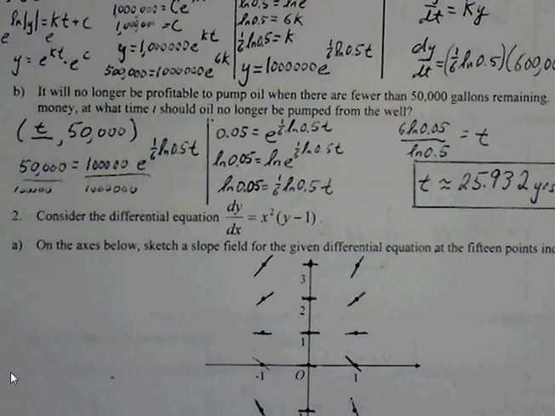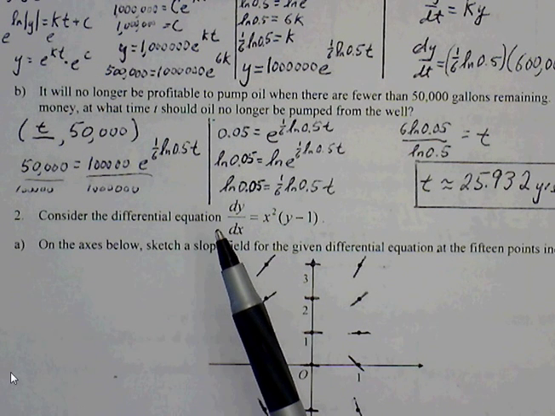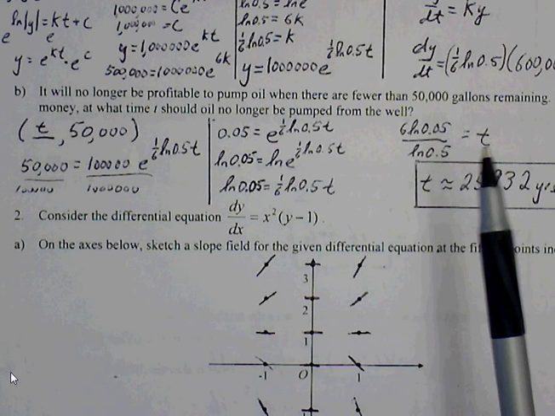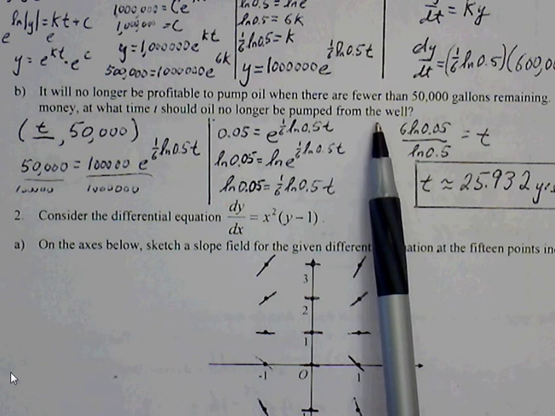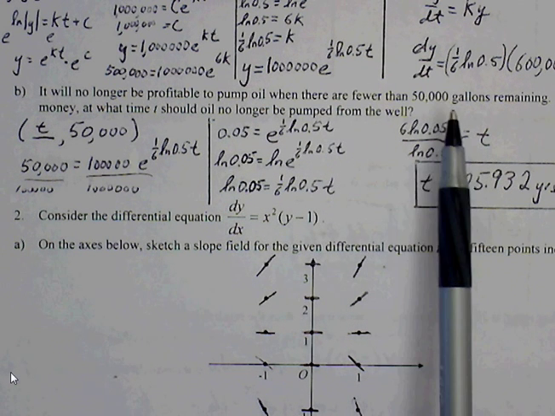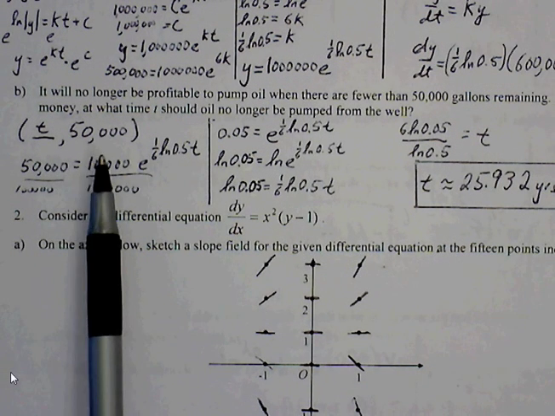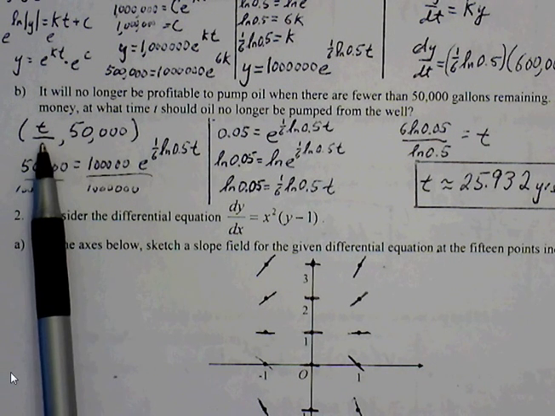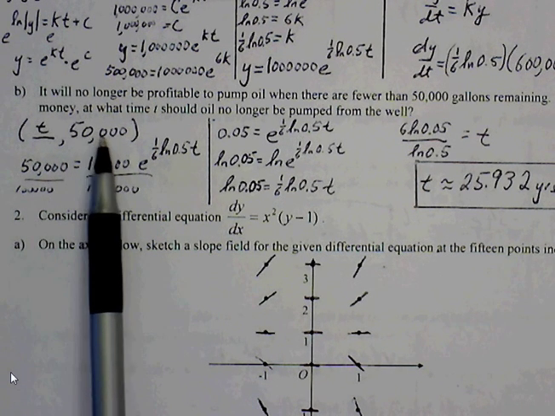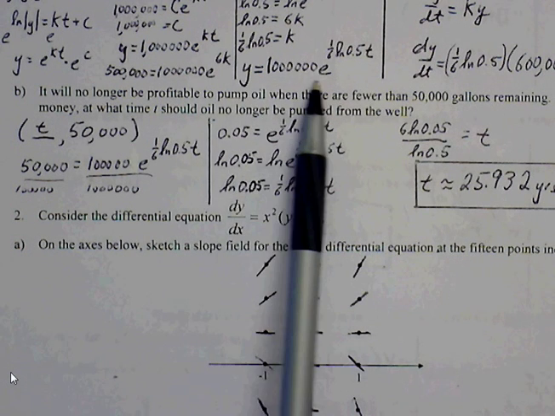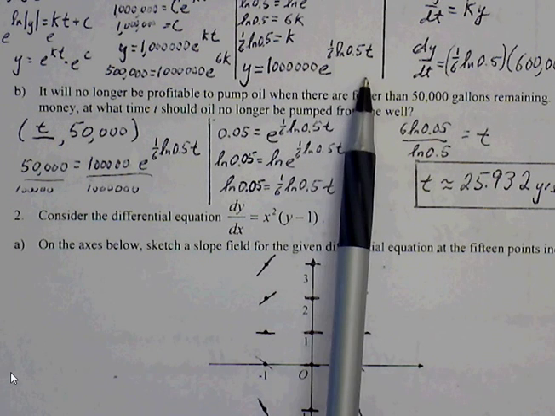Right, it is no longer profitable to pump oil when there are fewer than 500,000 gallons remaining. In order not to lose money, at what time t should oil no longer be pumped from the well? So basically, we can take our specific equation and figure out how much time will pass when 500,000 gallons remain. So we take our specific equation, replace y with 500,000, and then we take the steps necessary to solve